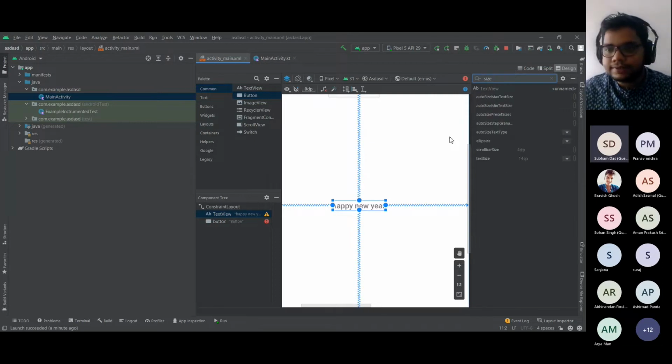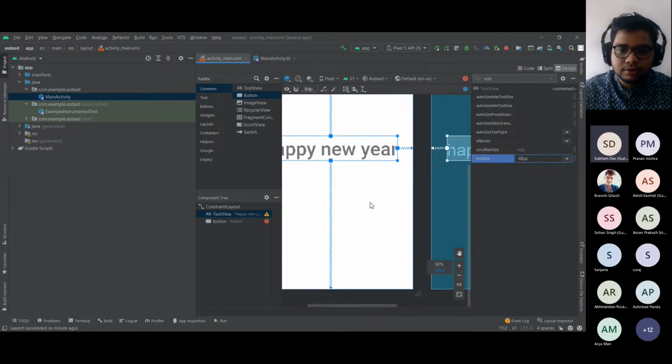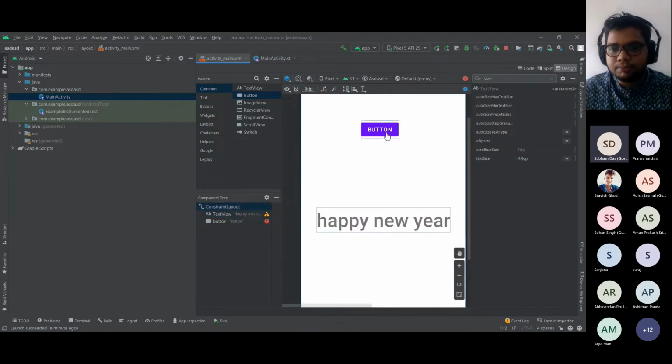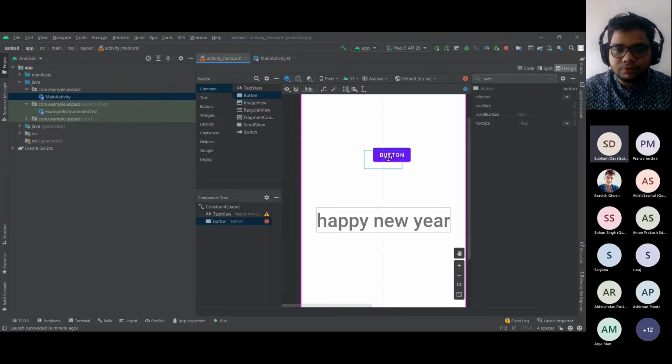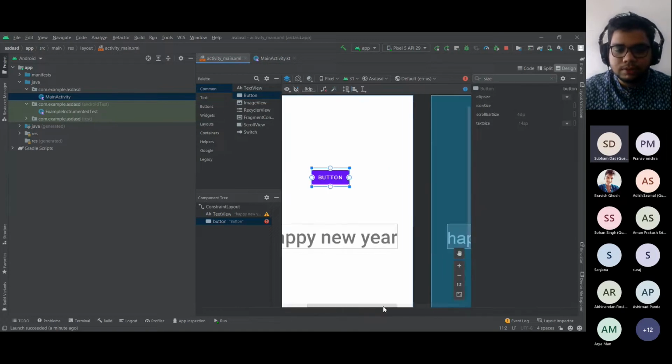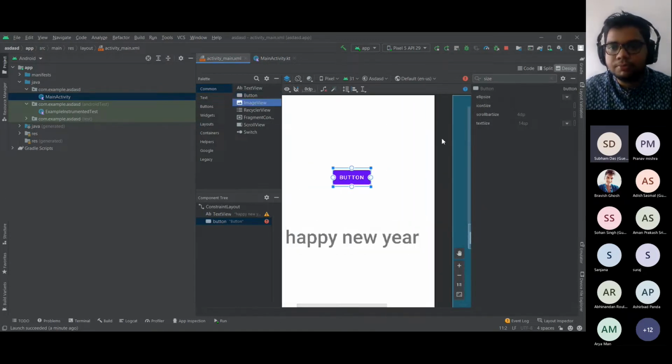And then there is size, where you can make it bigger or smaller. It's just simple drag and drop and simply searching and putting it wherever you want. And once you do that, you are good to have a basic layout, and you can pretty much do anything with just drag and drop.